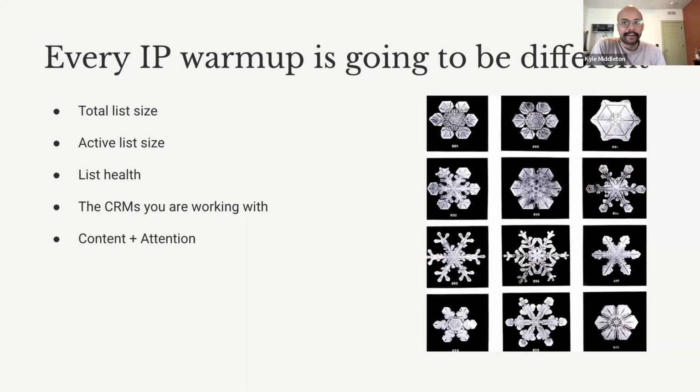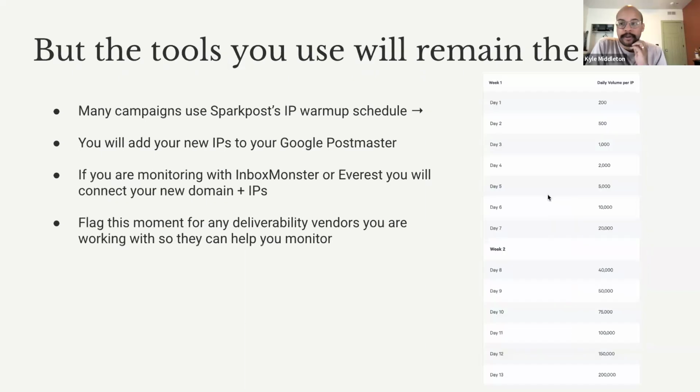Obviously, we're on a presidential campaign. We had a lot of attention on us, and that is not always the case for smaller campaigns or PACs or organizations, where getting people to engage with your program at this stage is so important. Being creative about the content that you're sending, if your program isn't receiving a lot of attention at the moment, will be even more important for you. So that's just a few of the things to keep in mind as we start talking about this. We can go to the next slide. But luckily, the tools that you're going to use are going to be the same, which is really nice.